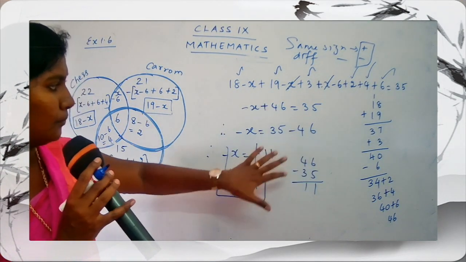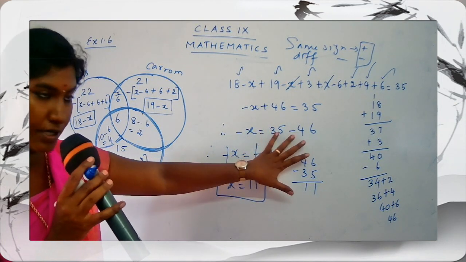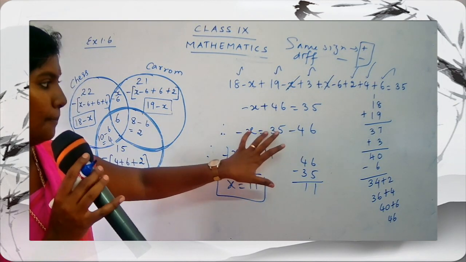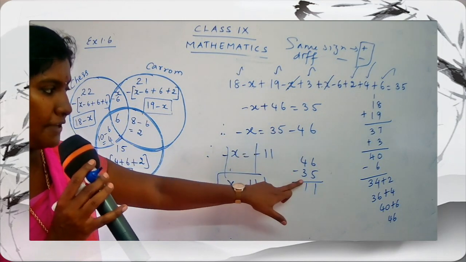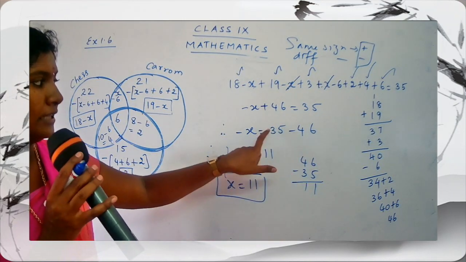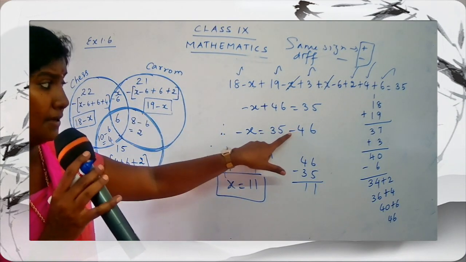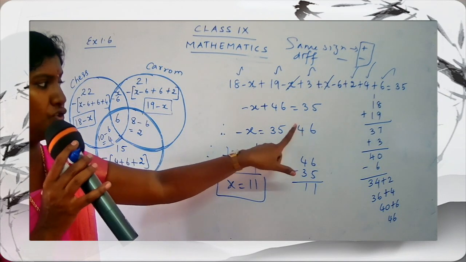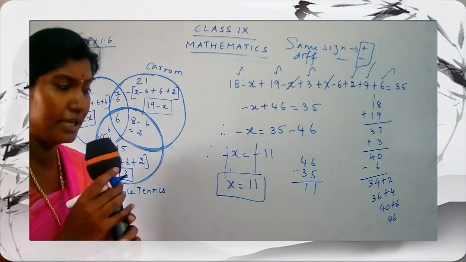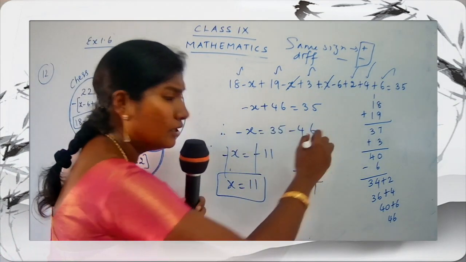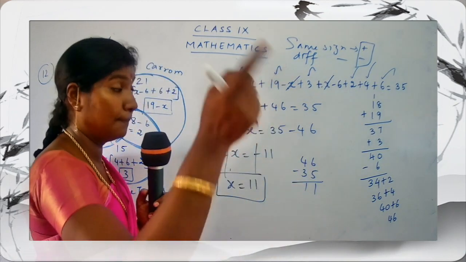So we got the value of minus x is equal to 35 minus 46. So how to simplify it? Plus minus. So plus minus means minus. So 46 minus 35, 11. Then you have to take the sign of the bigger number, that is minus. That is, 46 is bigger, so I have to take the answer as minus 11. Remember, that is when you have the same sign. That is, if you are dealing with a positive number, you have to take the plus sign. If you are dealing with minus sign, you have to take a minus sign.